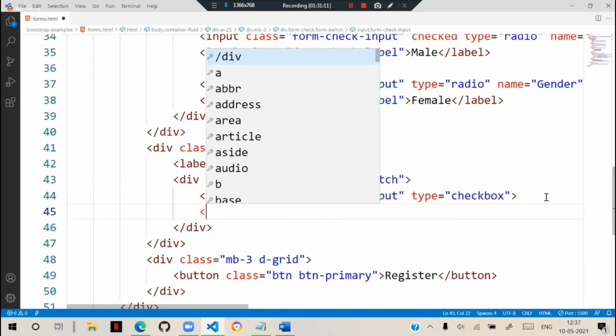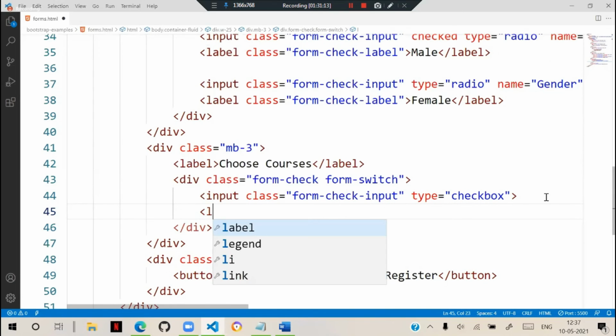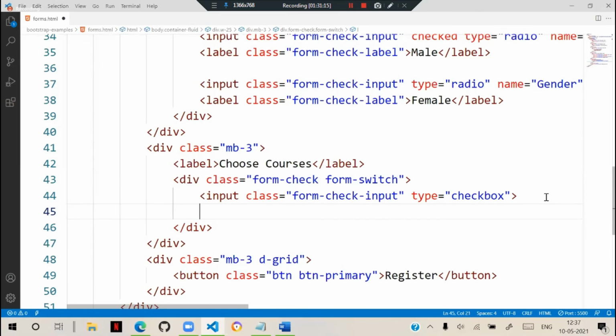And for the label we use the class form-check-label.